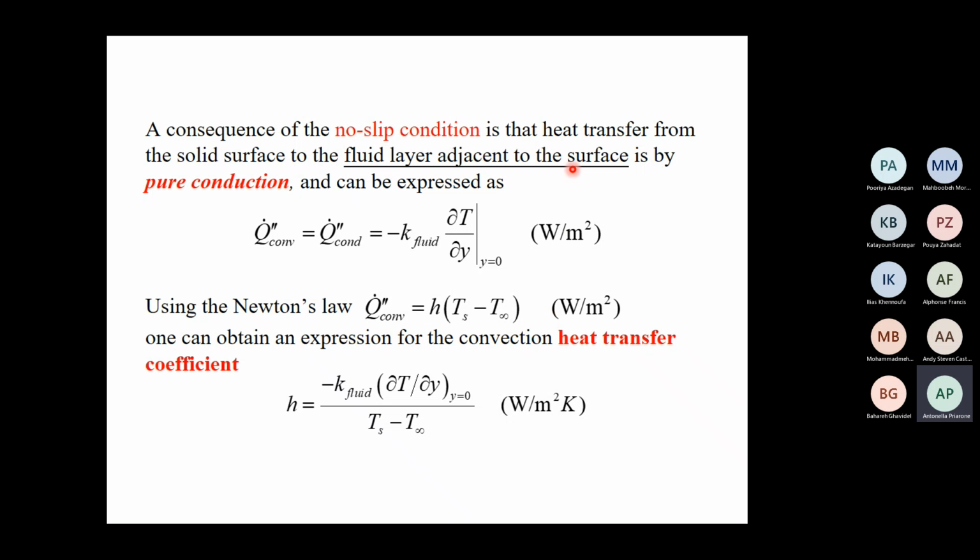If I substitute for this heat flux for convection the Newton law written in terms of heat flux, so watt per square meter, I can obtain an expression for the convection coefficient. So here I substitute in this convection the Newton law, and then I solve this equation for h. And finally, I obtain that the convective coefficient can be written as,